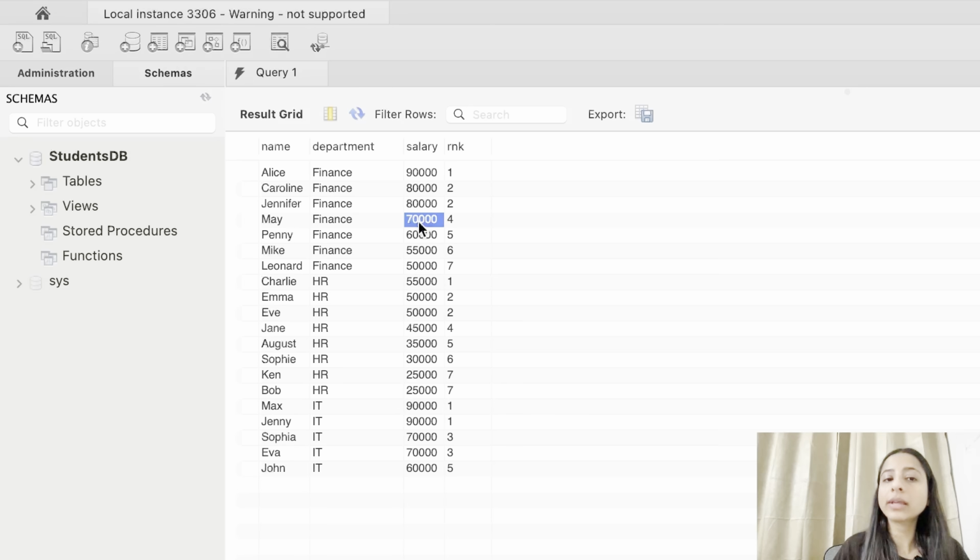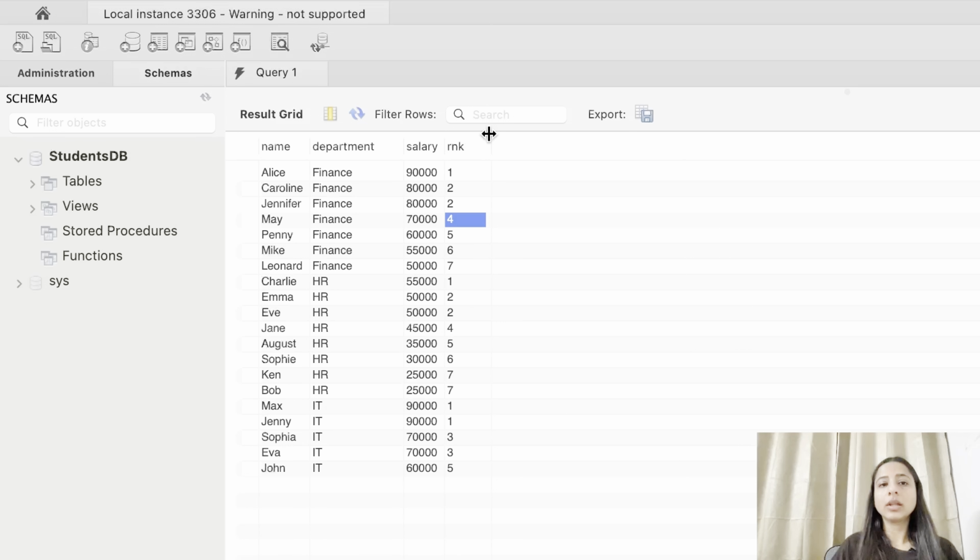And the third highest is the 70,000. But it does not get the rank as 3. So it's 1, 2, and sequentially it should be 3, but it gets skipped because we used the rank function. We got the third rank as number 4, not the number 3, but the number 4. So you understand, by using rank, we are ranking the rows on the basis of their salary and on the basis of their partition as the department, but the same values will get the same rank, and the next rank would be skipped. So this is what rank does.